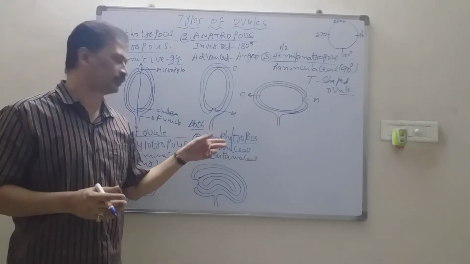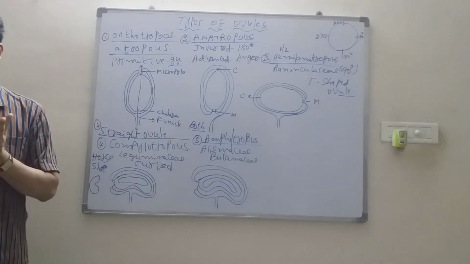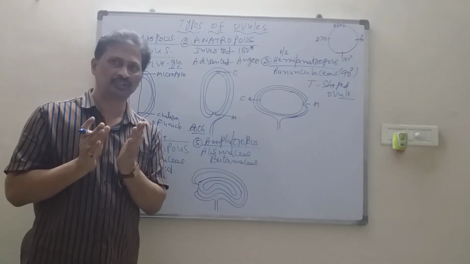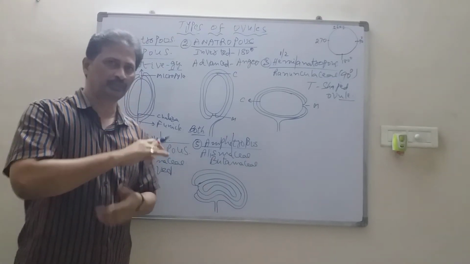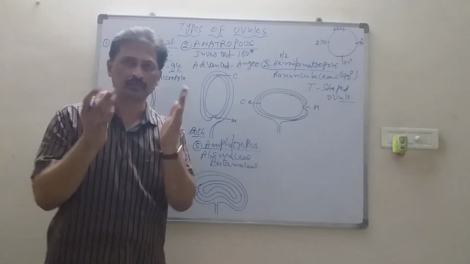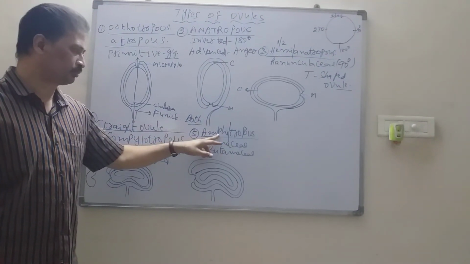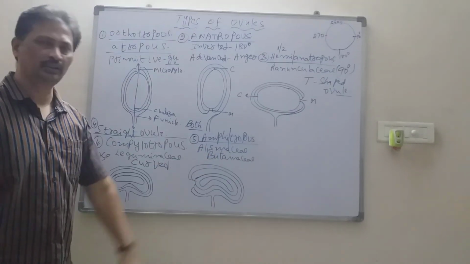If the embryo sac also curves like a horseshoe along with the body of the ovule, then that condition is called Amphitropous. So what is the meaning of Amphi? Amphi means both. That means both the structures. What are those structures? The first one is the body of the ovule, and the second one is the internal embryo sac. If both the structures are curved like a horseshoe-like structure, then that is called Amphitropous. That is found in case of Eriocaulaceae and Butomaceae.